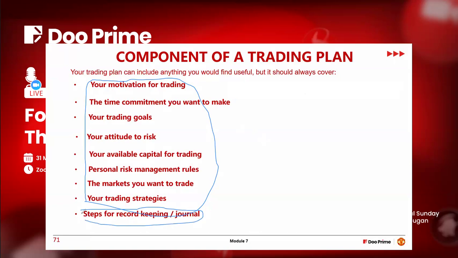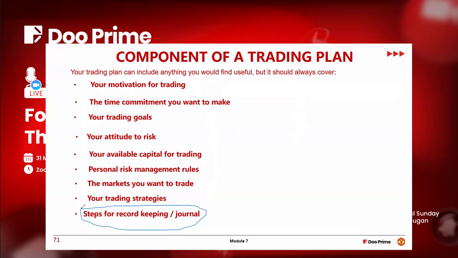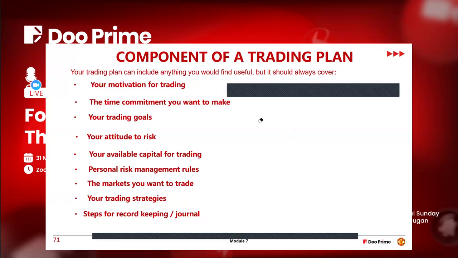This part here. This is where your improvement as a trader starts from. This last one. This is what makes that bit by bit difference. This is what takes you from the amateur trader to becoming a professional. Record keeping. Record keeping is that part where you would want to state the things you do on a daily basis while trading.